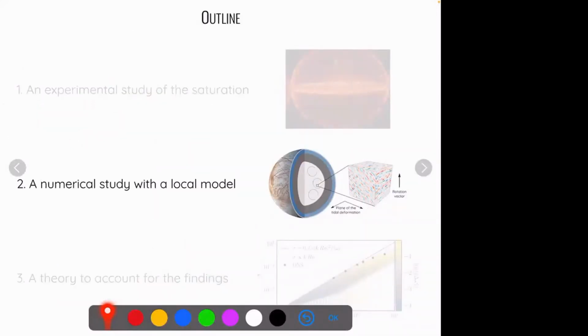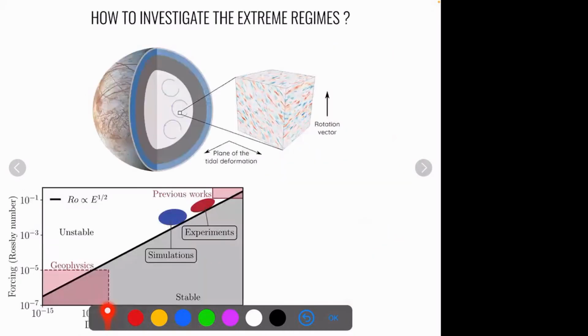Okay, so with this setup, we have found a new regime, which is a wave-dominated regime, but it is still quite dominated by viscous effects, and we would like to explore this regime in a more asymptotic limit where dissipation becomes very small and forcing amplitude is also very small. We can't really do that with experiments because it would be an unreasonably large experiment. With global simulations of a complete ellipsoidal container, that would be unrealistic. It would be more difficult than in an experiment, actually. So what we do is we resort to